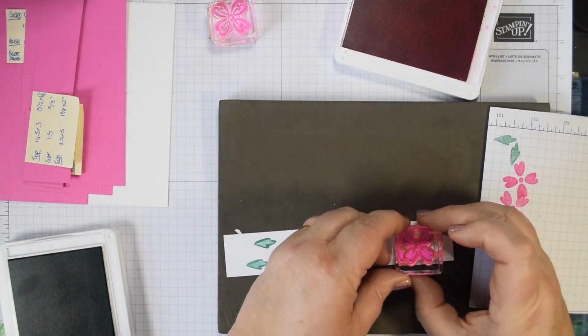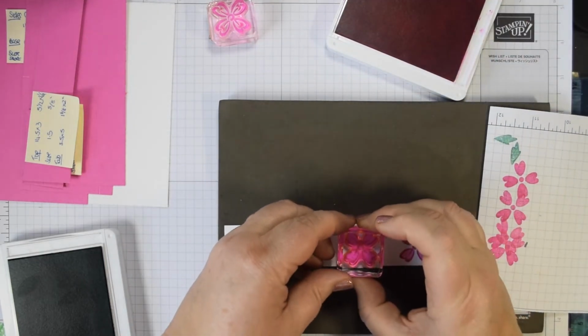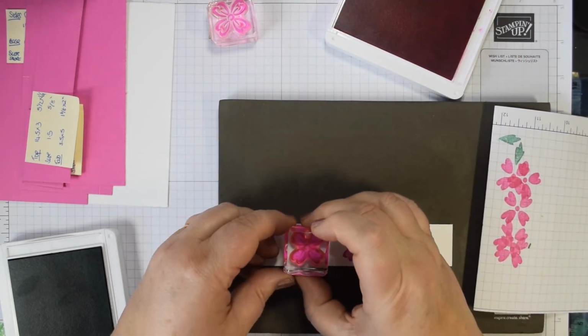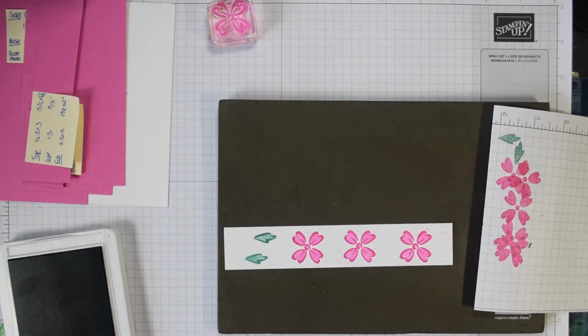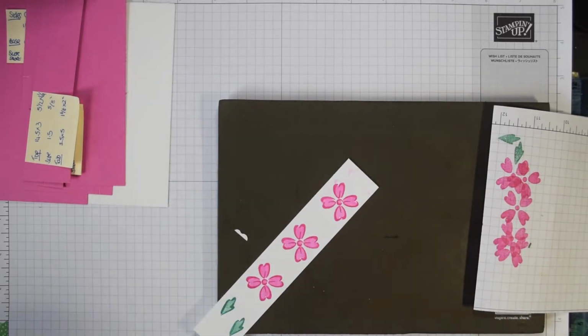Now when you're stamping using deep pinks, it will discolour your photopolymer stamps. It doesn't affect how they stamp at all. What I would say though is I always clean them off pretty much straight away when I'm stamping with these strong colours, and I've just, oh, might have just got away with that one. Okay. But just grab your Stampin' Scrub or your Simply Chamois and just wipe those off as soon as you've used them. So again, just come in,